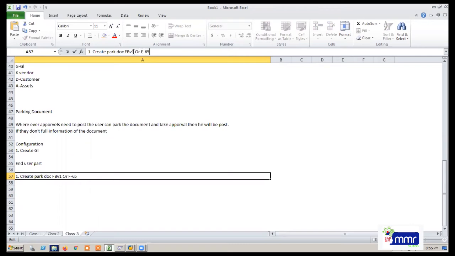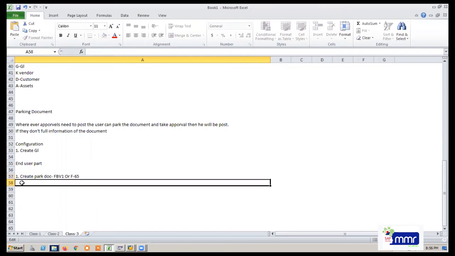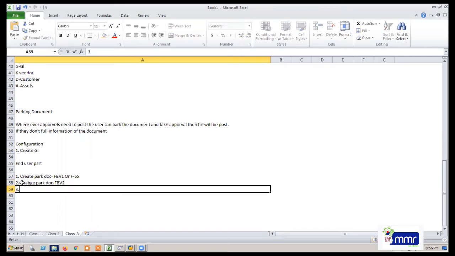There are two T codes you can use for a sample document, FBV1 or F-65. Change park document is FBV2 and display park document is FBV3.